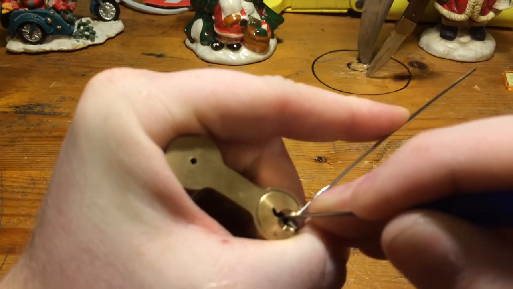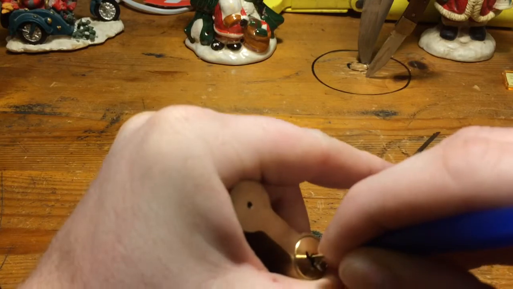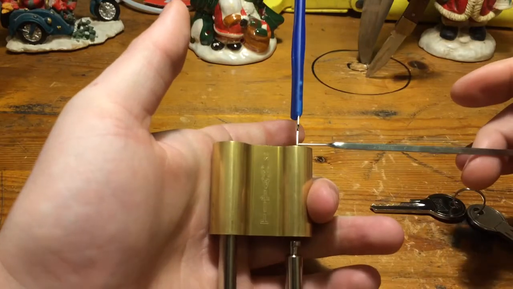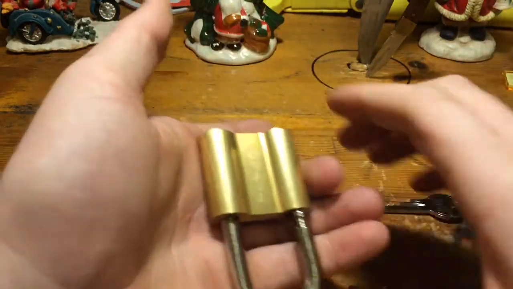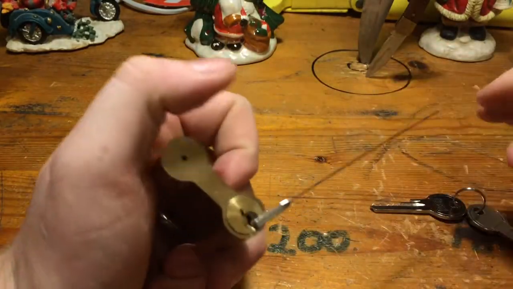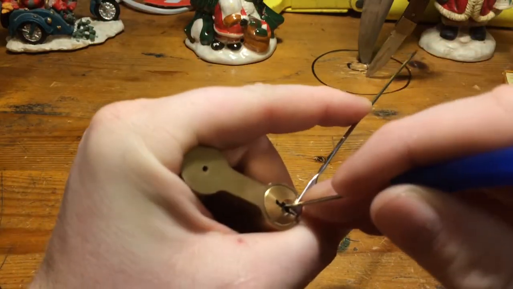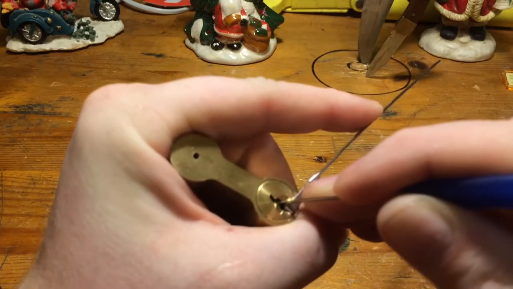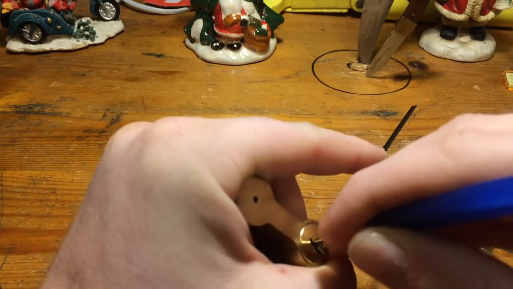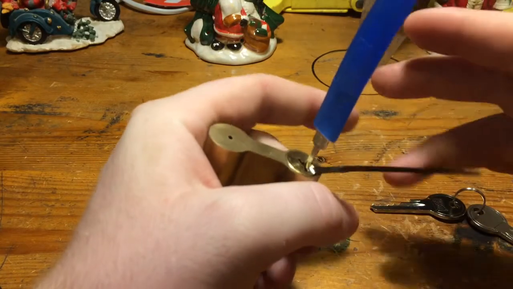And pin 1 is high, 2, 3, 4. Again? Huh. Alright. That feels weird, because I push pin 1 and get a click. 2, 3, I go to 4, nothing, and then I just move the pick in and it's open. That's a little weird, but